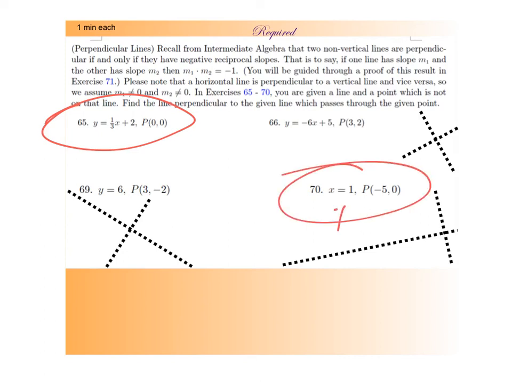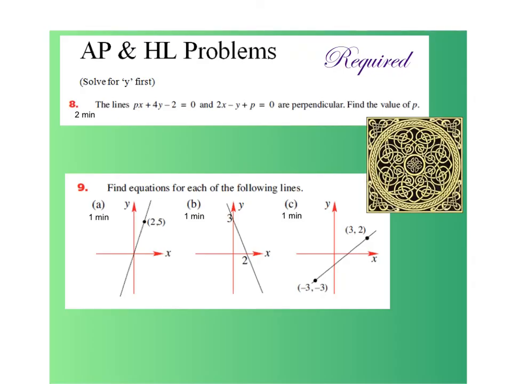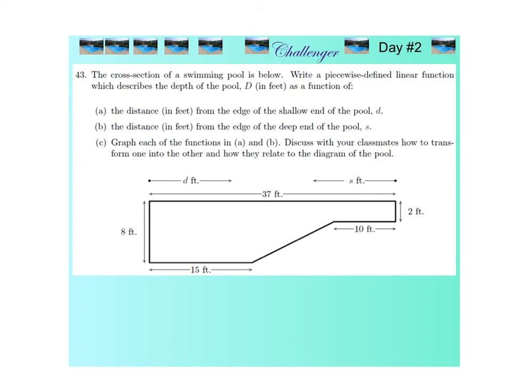Some people might look at this and go, what the heck is the slope, Mr. Server? I would suggest graphing it and you figure out what the slope is. Try to remember which way an x equals 1 line would go. Hint, the x-intercept is where y is 0, and the y-intercept is where x is 0. So the x-axis is actually the line y equals 0. Okay, and I think that's enough, so we're not doing the rest of the